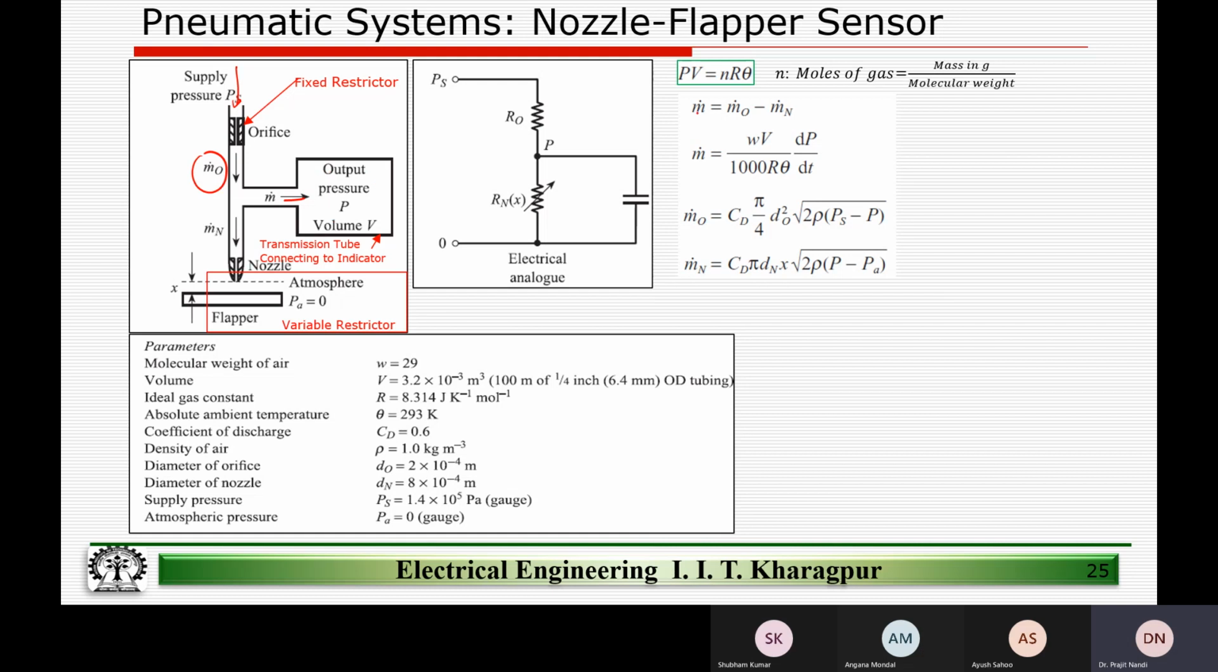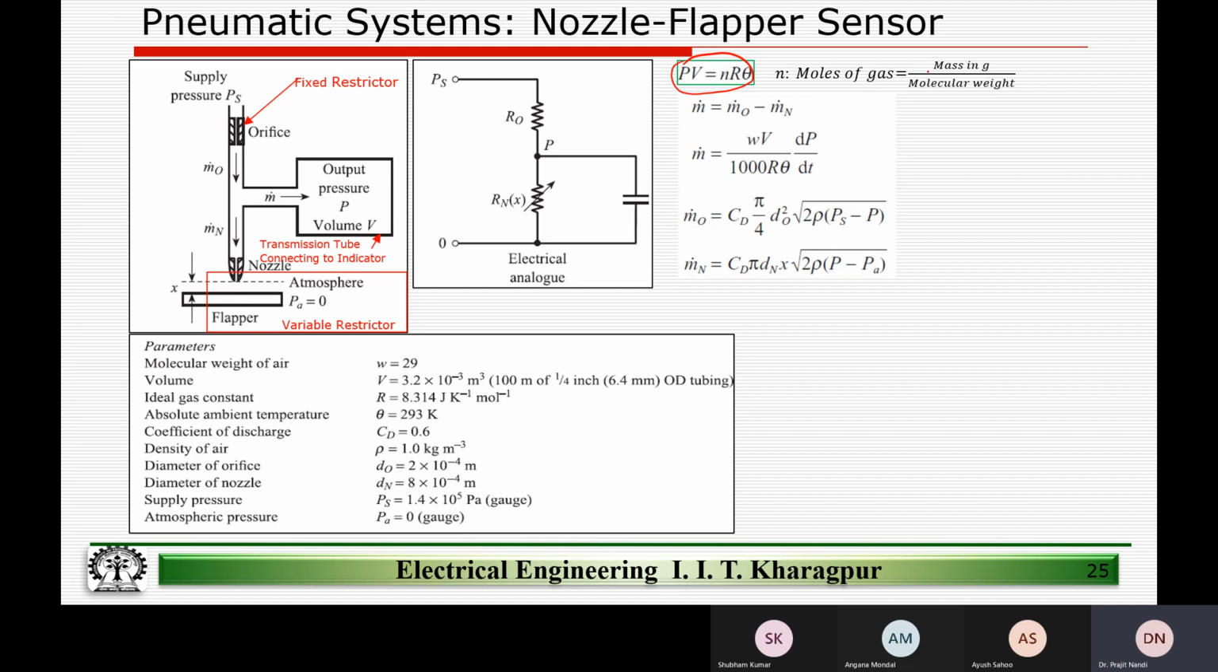So obviously, if we think of this like a KCL kind of an equation, the change in mass in the orifice equals the change in mass in the nozzle plus the change in mass in the vessel, right? Which, if we rearrange, we can write like this. The mass change in the vessel is given by m dot O minus m dot N, right? And if you look at this ideal gas equation,